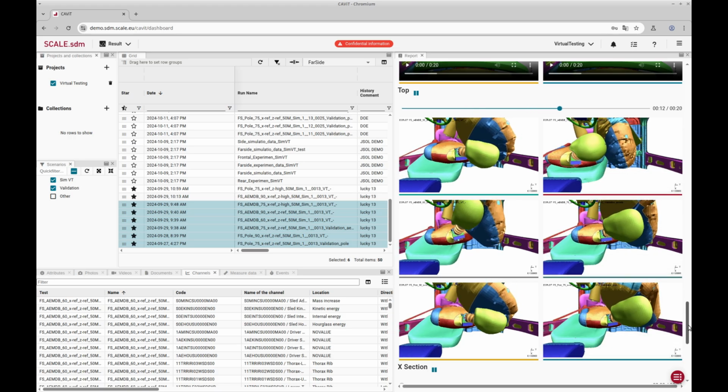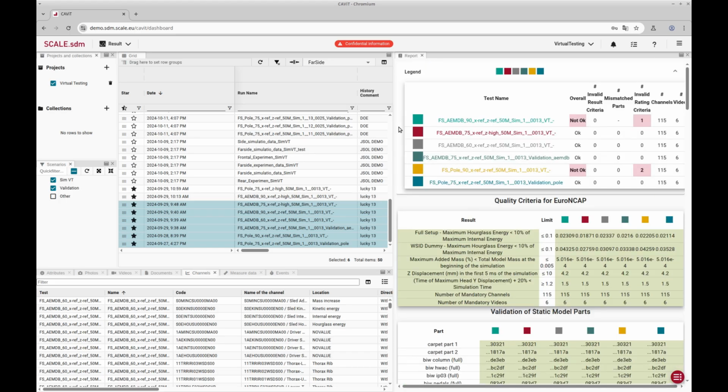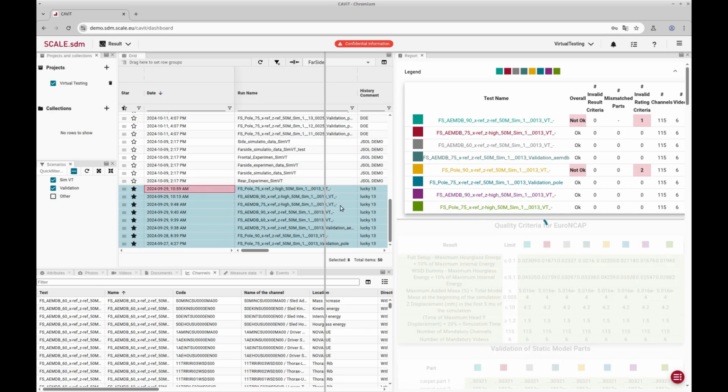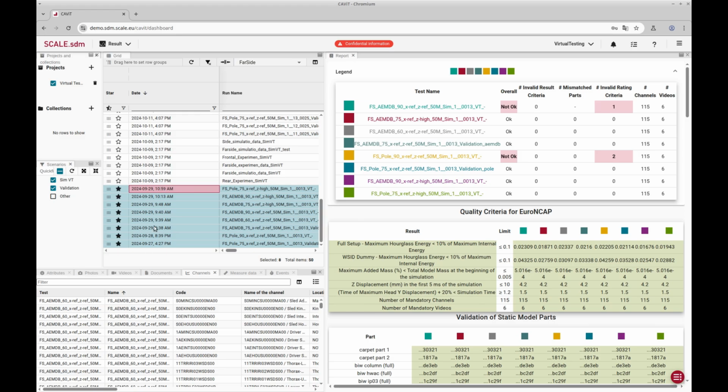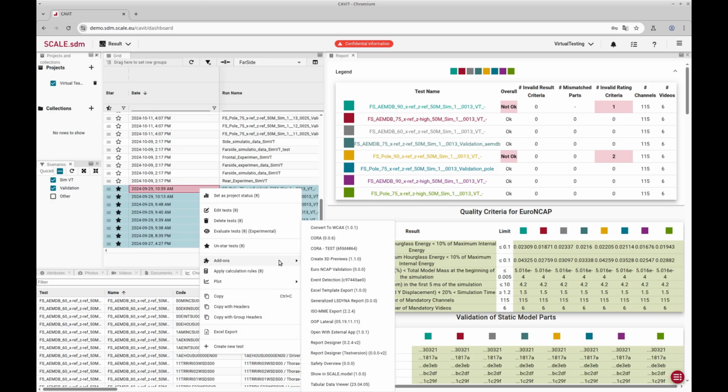The main idea of this report is to offer a very fast and efficient check for the simulation engineer based on the quality and quantity criteria specified by Euro NCAP, which means that the engineer can select the 8 simulations as soon as these were done on the HPC cluster, and look at the overall check. And as soon as there is no error or problem reported here, these simulations are ready for submission to Euro NCAP, which is also easily done by the